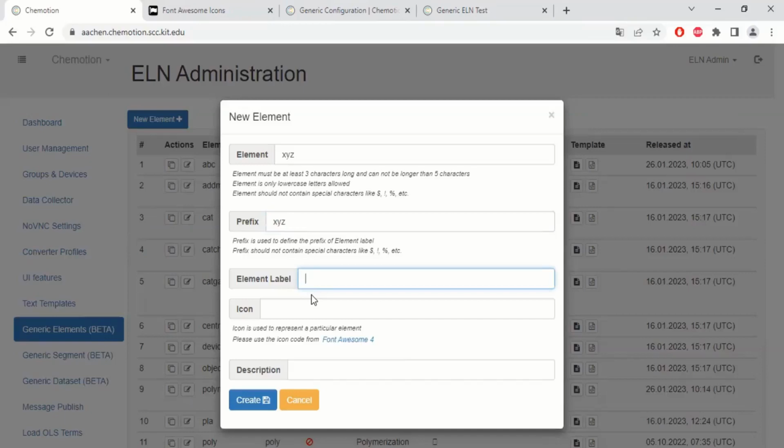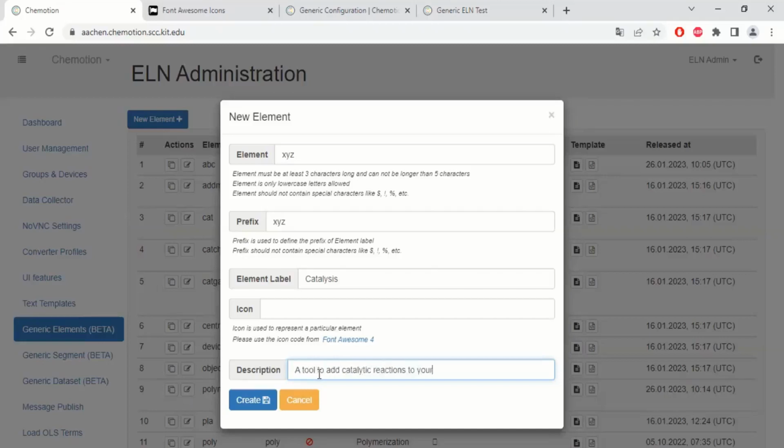So maybe when you're doing catalysis, you can name it like this. You can add a hover information, so when you hover over the label, this additional information is given. Let's say something like a tool to add catalytic